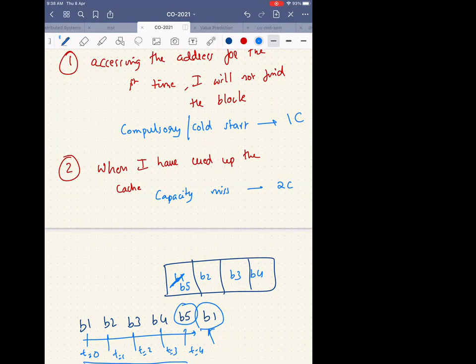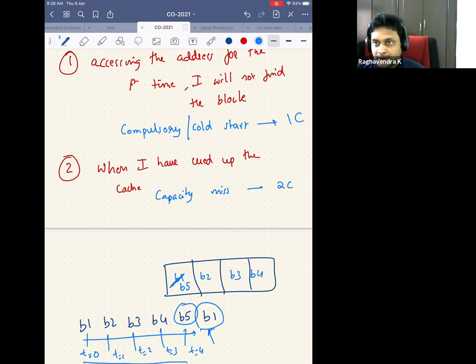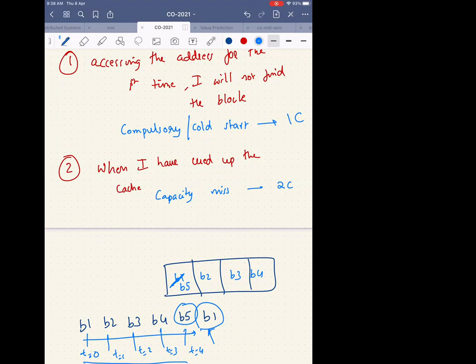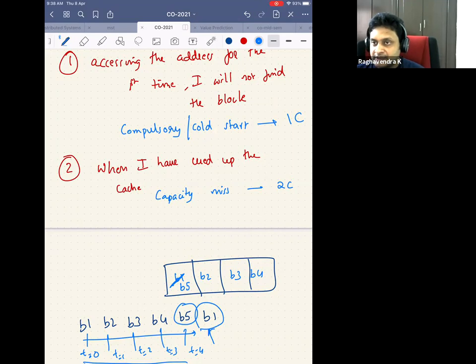So decreasing the size of the block might help capacity misses. Excellent. So I can decrease the size of the block, one answer. But you guys are missing the obvious answer. Which means that you guys are not awake because it's 9 o'clock. If the bus is full, then what do you do? Another bus. Increase the cache size. Yeah, just increase the cache size, right? So the easiest way to tackle a capacity miss is to increase the cache size.